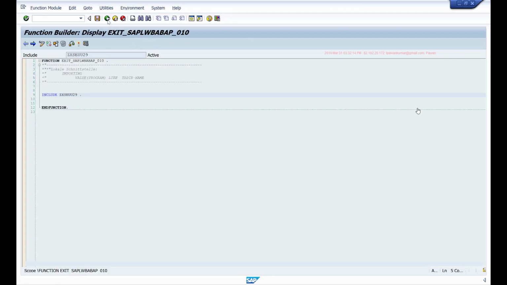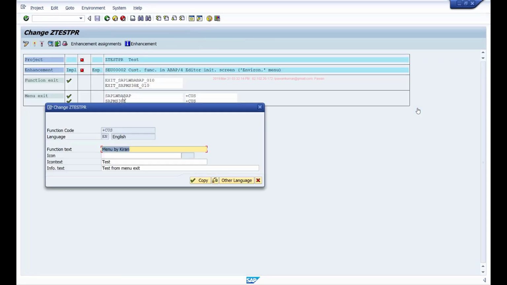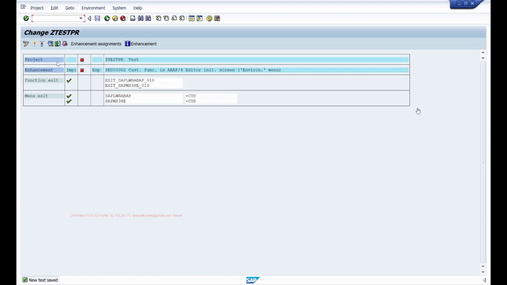And here we will change the text to call ABAP dictionary. And once you maintain it, simply click on activate.